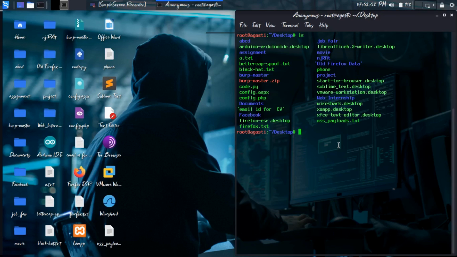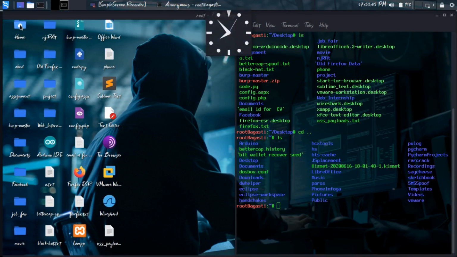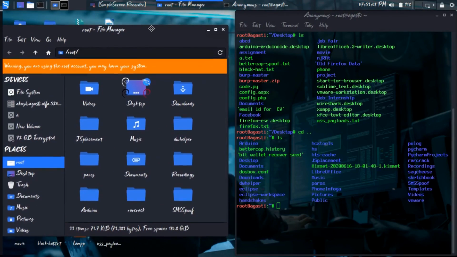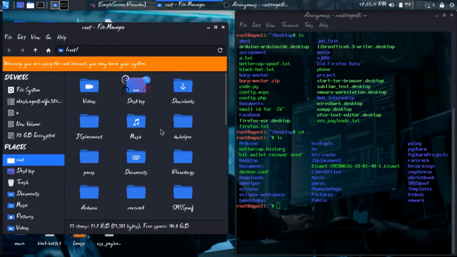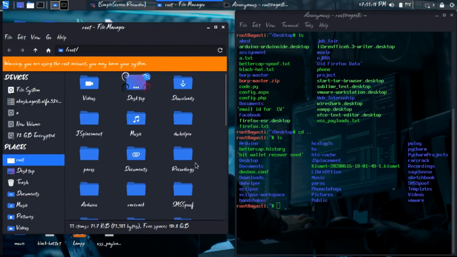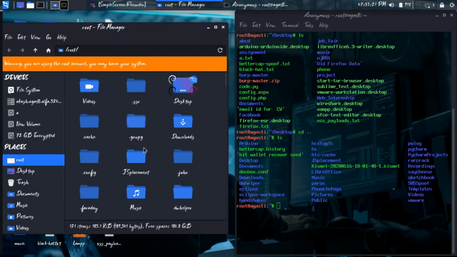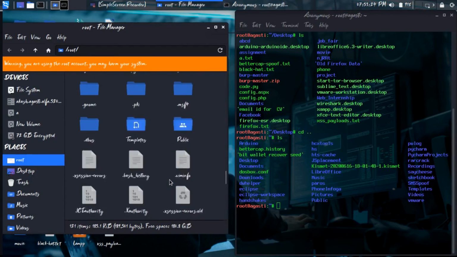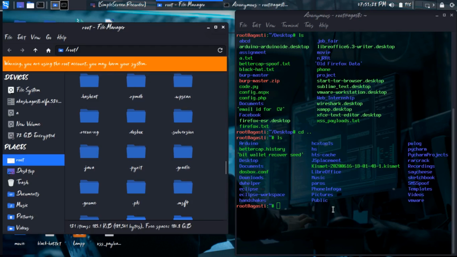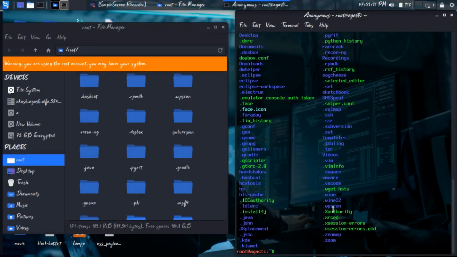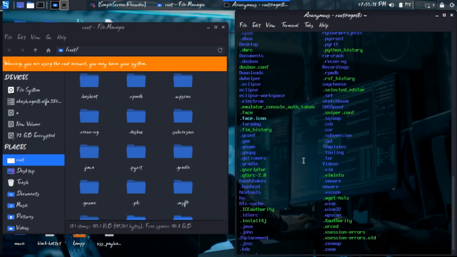For seeing the hidden files, let's at first change the directory, because there are no hidden files. It's the ls of the root. So we are here, and as we can see, all these folders and files are listed here. Now if we show the hidden folders, then we can see there are many contents which are not there. So for that, what we have to do is ls -a, which can show us all the directories and folders, including the hidden files and folders. Okay,